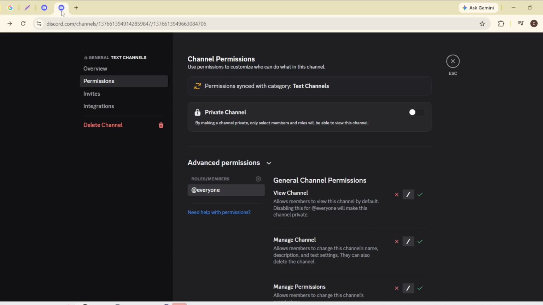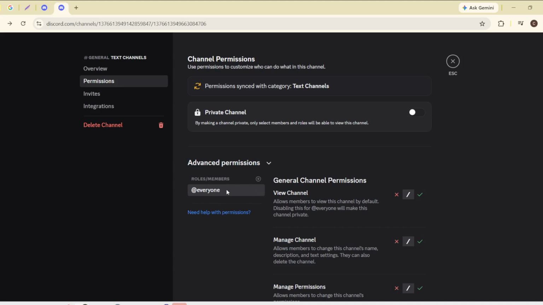After that, click on Permissions in the left sidebar. In the channel settings menu that appears, you will notice several tabs or sections. Look for the Permissions option in the sidebar and click on it. This area is where you will find all the roles and members associated with this channel. Understanding permissions at this level is key to ensuring that each member has the right access to the channel.